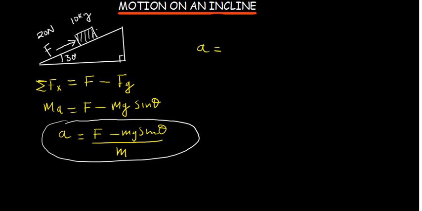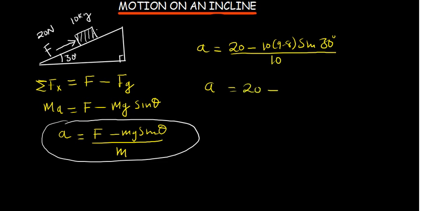Acceleration is going to be equal to applied force, which is 20, minus mass, which is 10, times gravity, which is 9.8, and then times sine the angle of the incline, which is 30 degrees, divided by the mass. The mass is 10. So this is going to give us what? 20 minus, we know sine 30 is a half, so half of 10 is going to give us 5, and 5 times 9.8, please can someone do the math for us? 5 times 9.8,